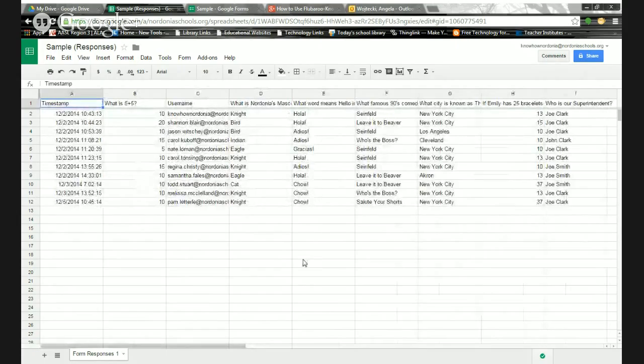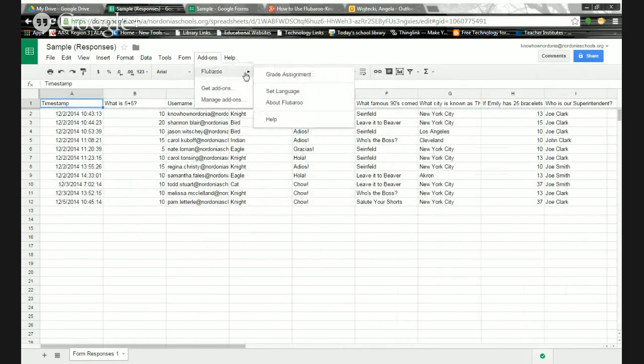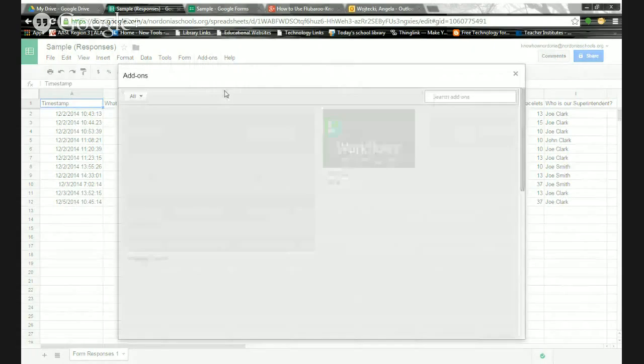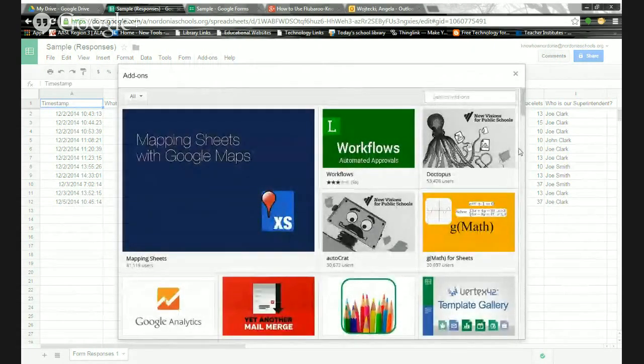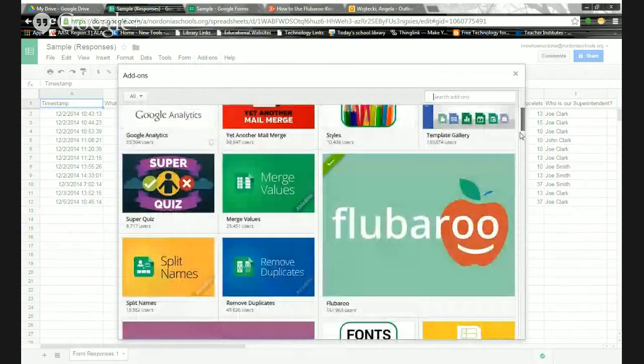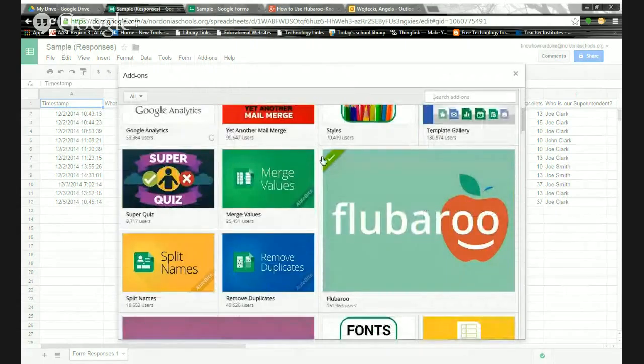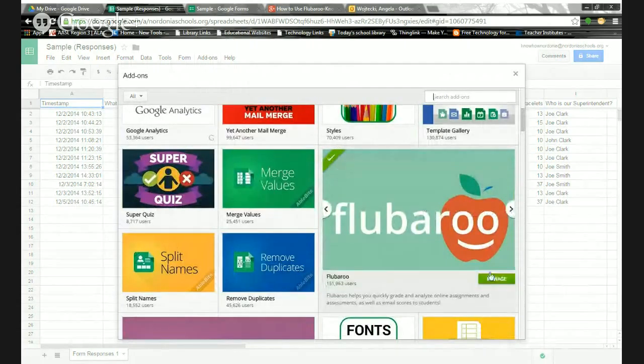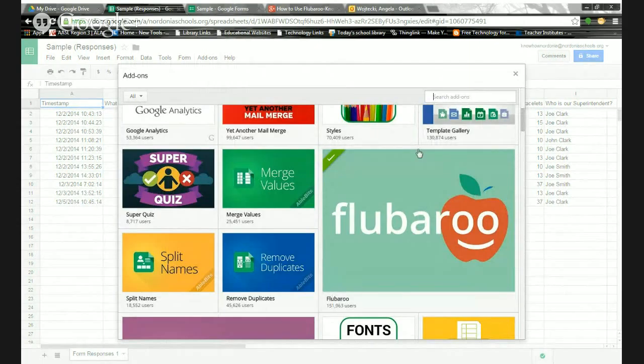The next thing you're going to do is go up to add-ons. Now, I already have added Flubaroo as an add-on. If you have not done that yet, you're going to go to Get Add-ons, and you're going to search for Flubaroo, which if you already have it, it's going to be checkmarked here. And then all you have to do is you'll have a button down here that says free download, and you click on that. And it takes about a second or two,